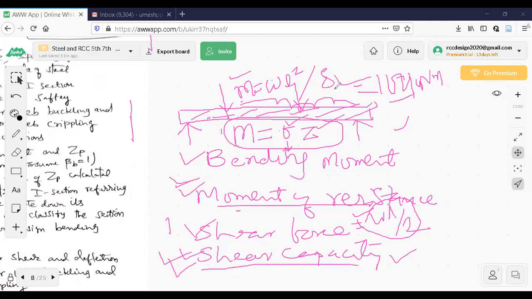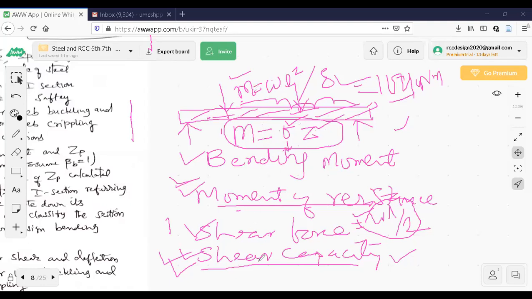See, in the design, I have calculated 4 parameters. One is bending moment, which depends upon external loading. One more is moment of resistance, which depends upon type of material and section modulus. M is equal to sigma Z. Sigma, you can use f also. In some books, they are using small f. It can be sigma or small f, whatever. So these are the 2 parameters I have to calculate, and I must check whether the moment of resistance is more than bending moment or not.